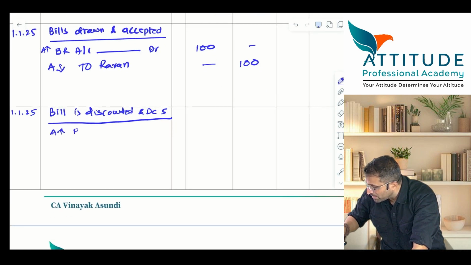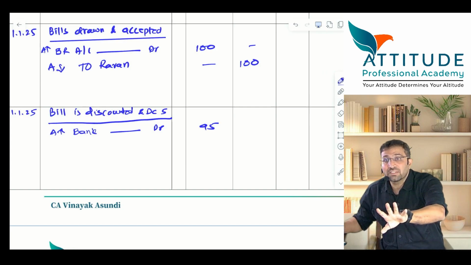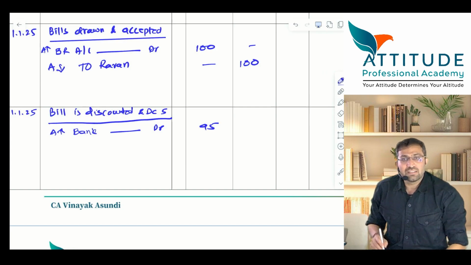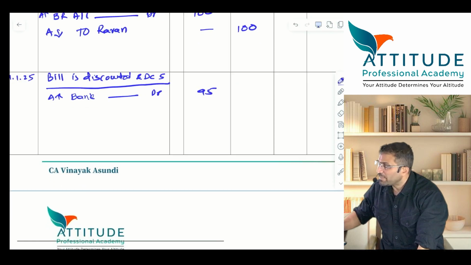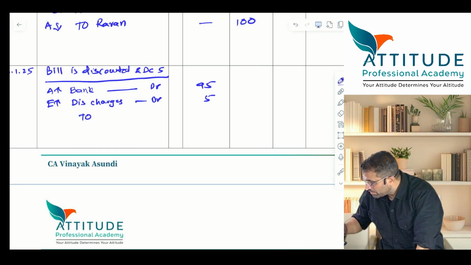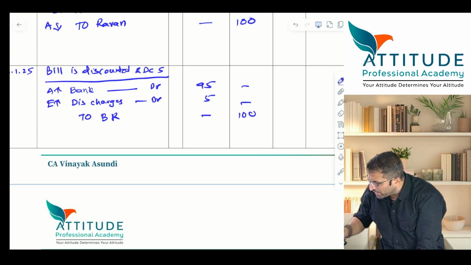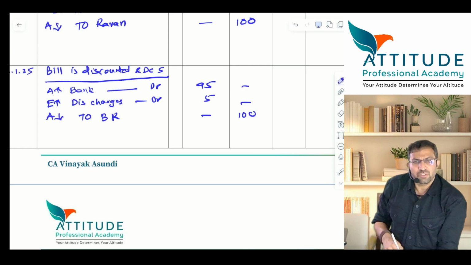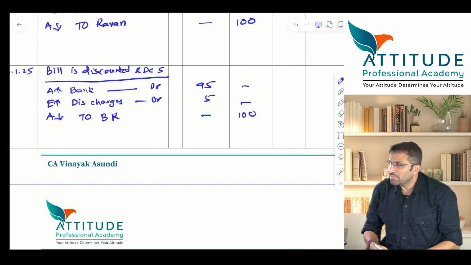Asset increases, bank account debit. You will not get cash. It is always bank. Is that clear? You should have an account with that bank where you are discounting the bill. Okay, the bank money is received. Then very good. Discount charges debit, it is an expense for you. Bills receivable. Tell me, why do you keep quiet? I can't understand here. You should keep on repeating.